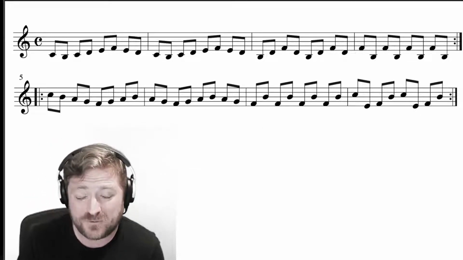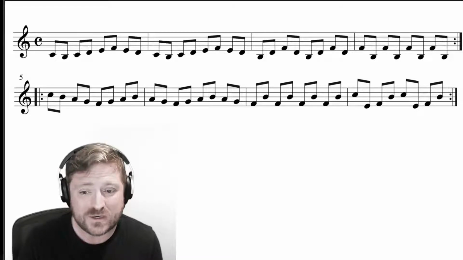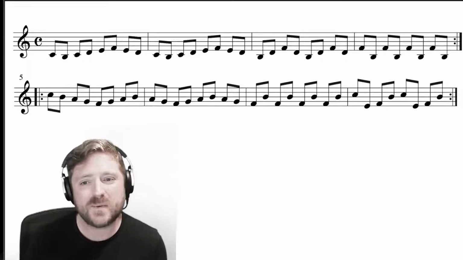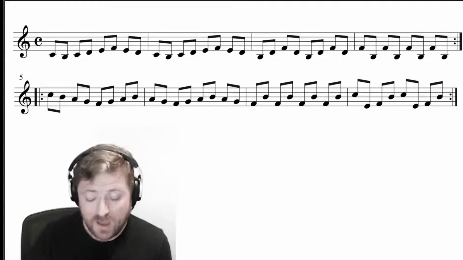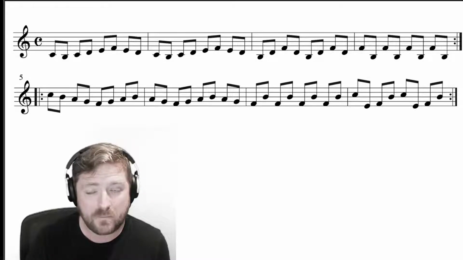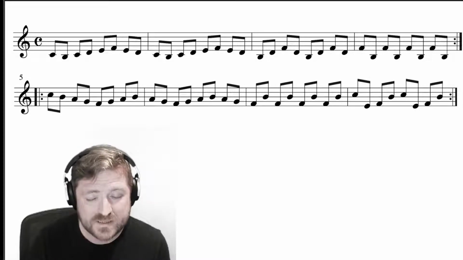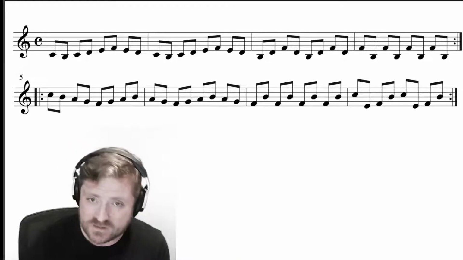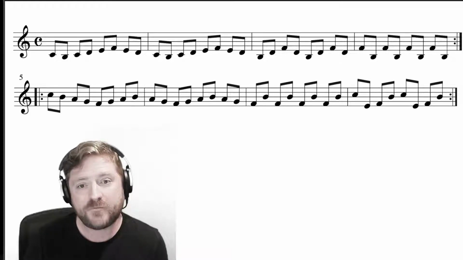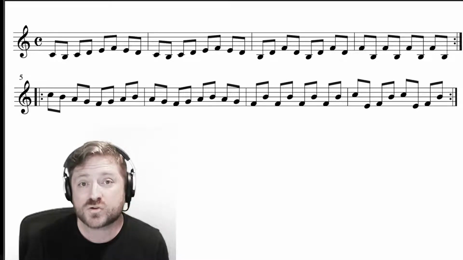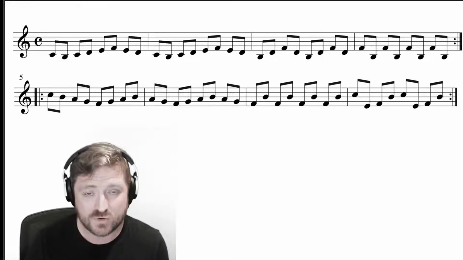Well, I've got a little exercise for you here. This is all in the treble clef, but it works very well in both. What we're going to do, we're going to sing this together. Top line goes like this. Ma ma ma ma ma ma ma ma. So we start by singing on a C. We go down, we go up to the F, and then C down to the B, F, then we jump,